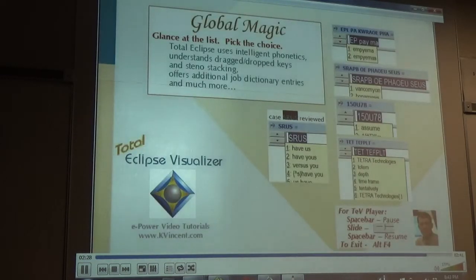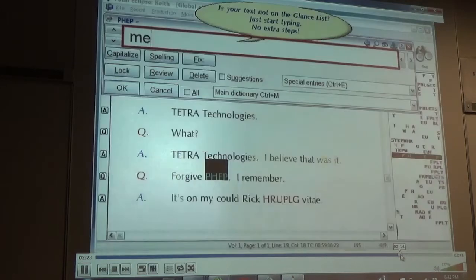Although Global Magic combines many sophisticated features, it's easy to use. Even formatting of your phonetics table can reduce retyping. No additional steps are needed to make the glance list disappear. A quick note: a little tweaking of your phonetics table can really help Total Eclipse tune in to your writing